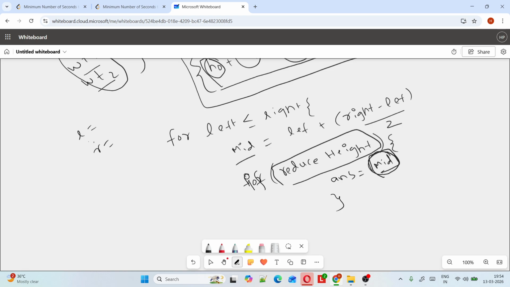then even if we got mid as 15, if all workers can reduce the height of the mountain within these seconds, we need to check whether all the workers can reduce within 14 seconds also, right? We have to check that as well. Okay, now what you have to do, you have to do right equal to mid minus 1. Okay, and if not, else